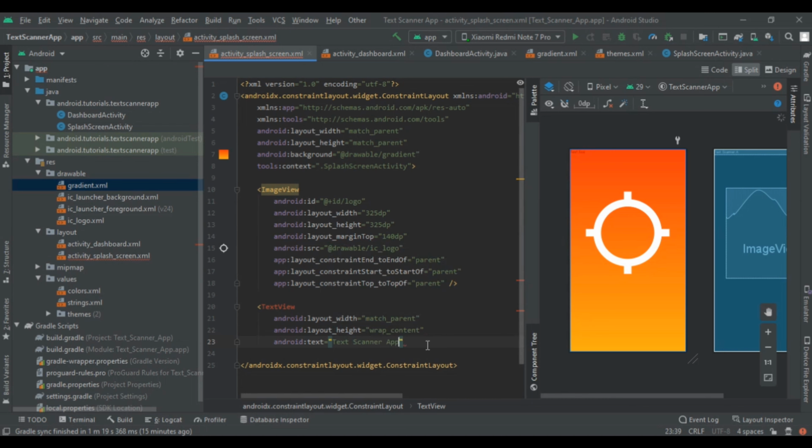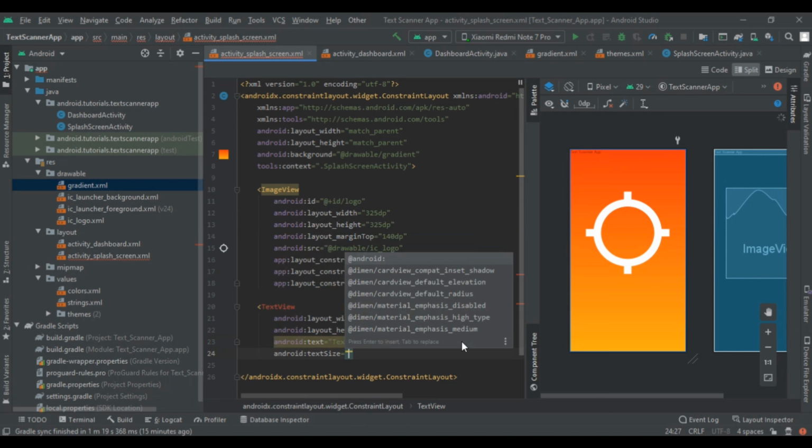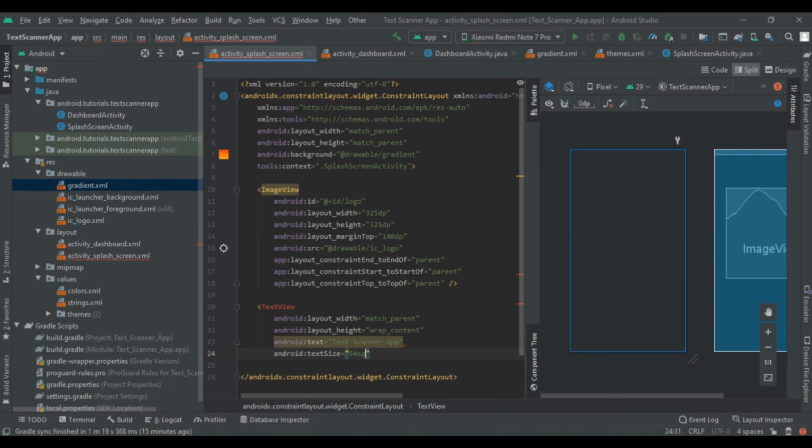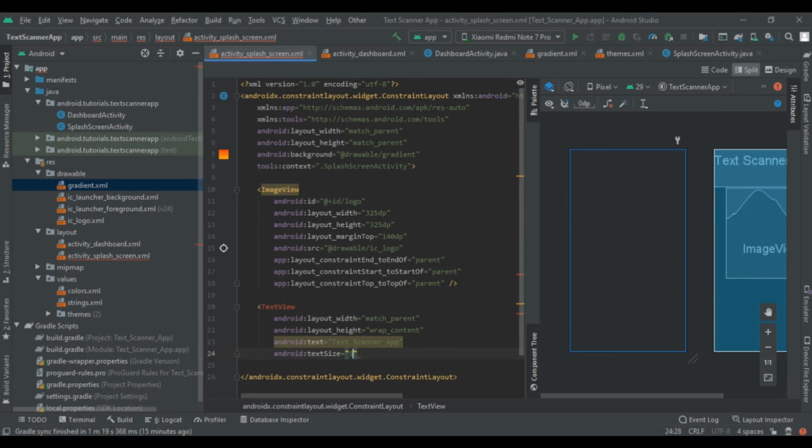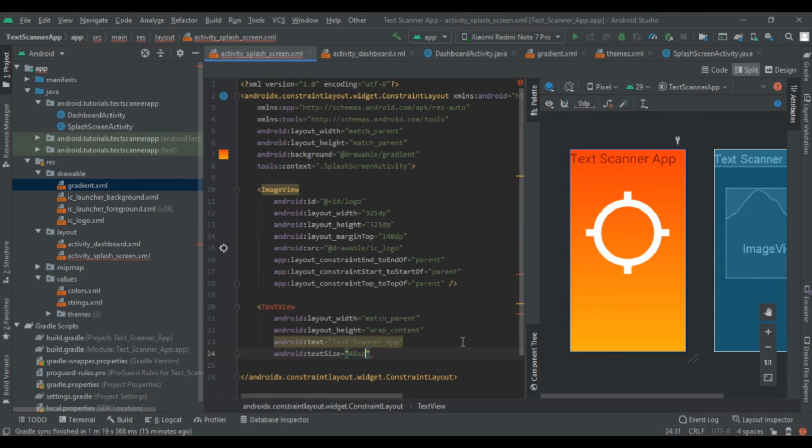Then give its size. The size will be 54 sp, not 54 sp but 48 sp. Yeah, 48 sp, it adjusts perfectly.